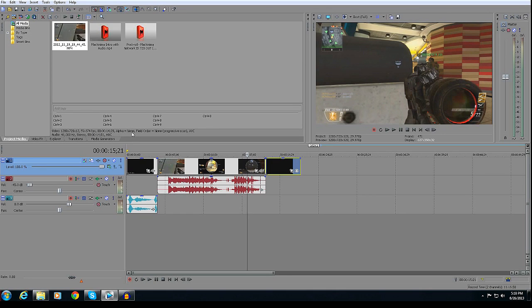I'm not sure what that is, I'm going to be honest with you guys. I've never actually seen the alpha change from none. So in most circumstances, you'll probably never see that change. Field order is none, progressive scan, so that means it's P, and it's also recorded using AVC. Audio is 48,000, stereo, in AAC, just common stuff that you'll probably see throughout your entire adventure